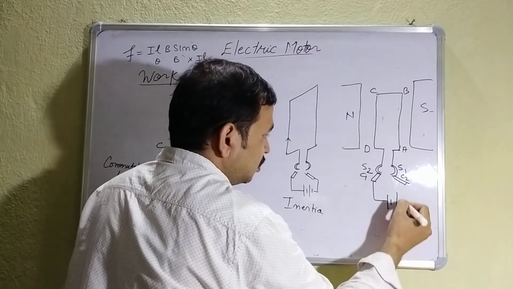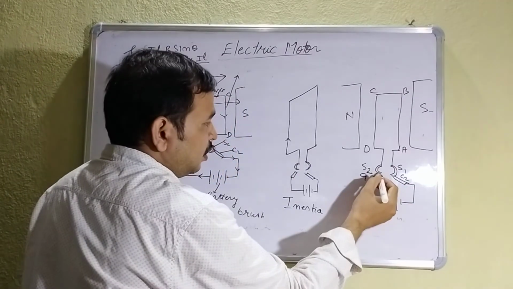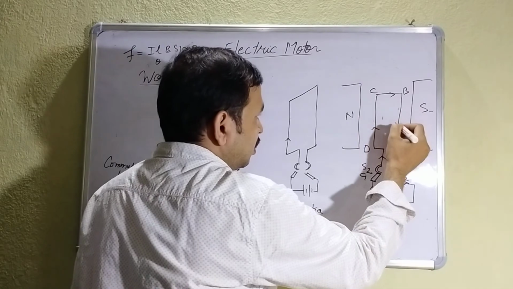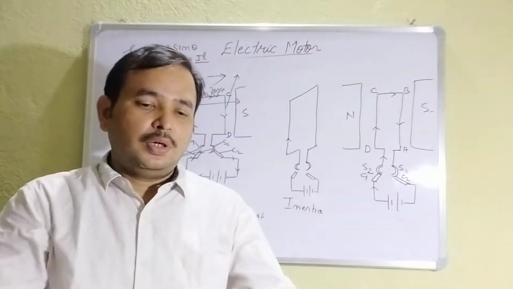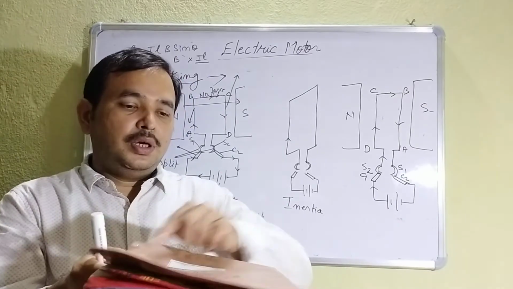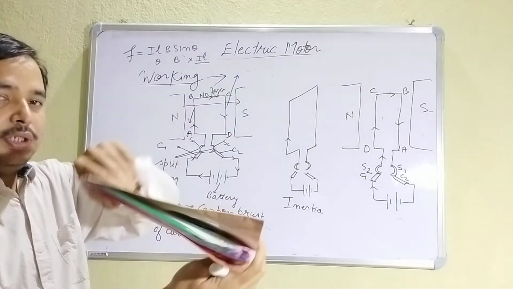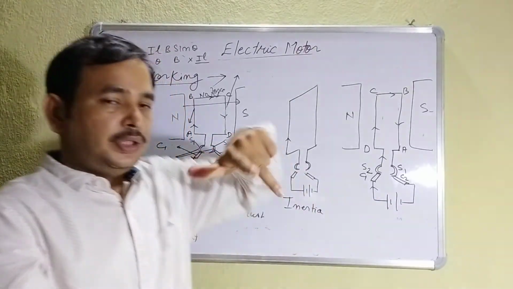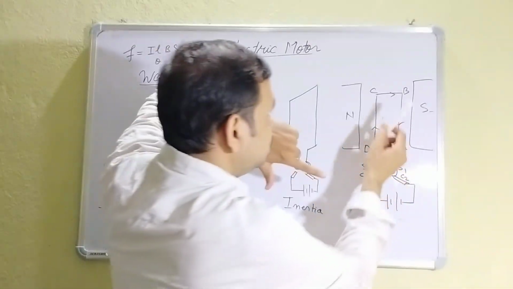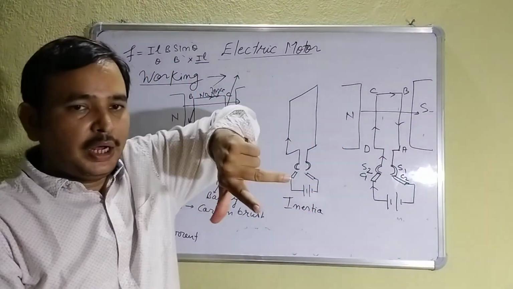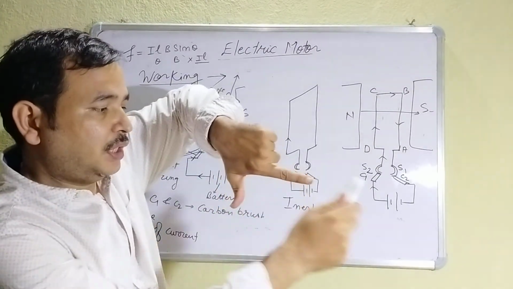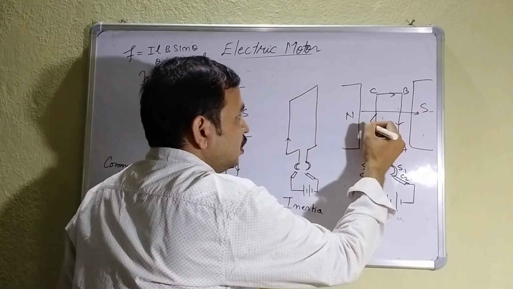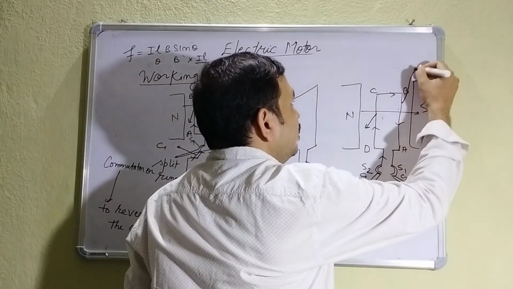Now again you can see current will be supplied, and after half rotation, current will start from here. It will move like this, and now you see AB, DC. After half rotation, DC comes here. Now current is moving from D to C, so current is in this direction. Field is in this direction here. So current in DC is in this direction, field in this direction. So what will be force now on arm DC? Downward. So here it will be downward. Similarly, here it will be upward.